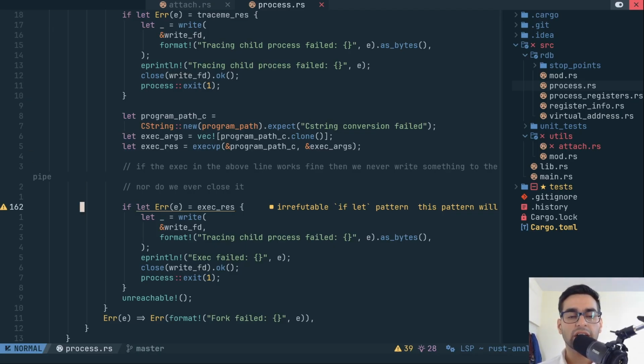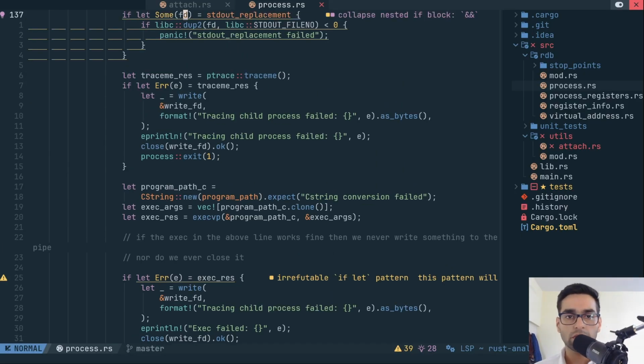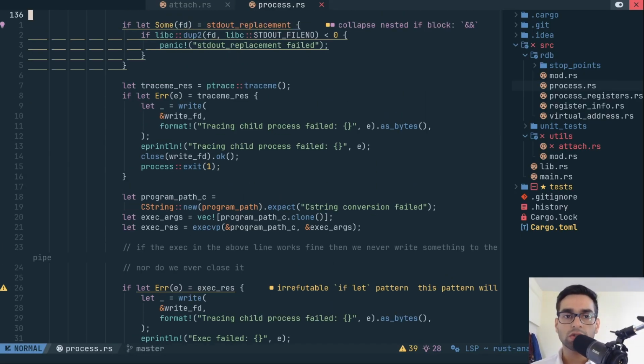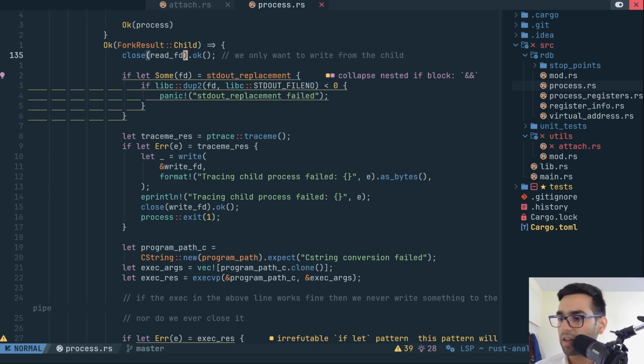Before we exec into the binary that we run for the new process, we want to remove the randomization in this process. And we can do that using the personality syscall. So this is where we need to add that personality syscall. So let's do that. We will do that before replacing the standard output. So right here,